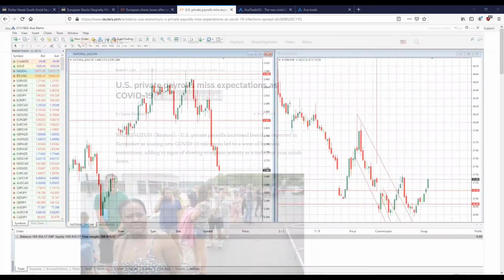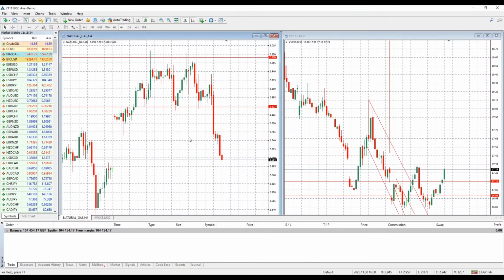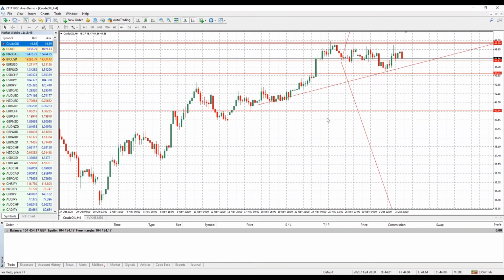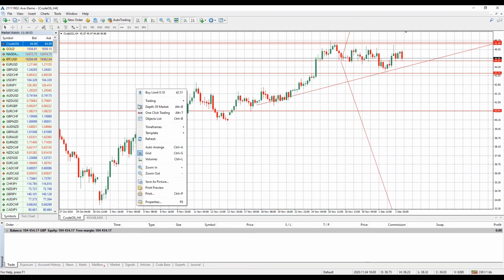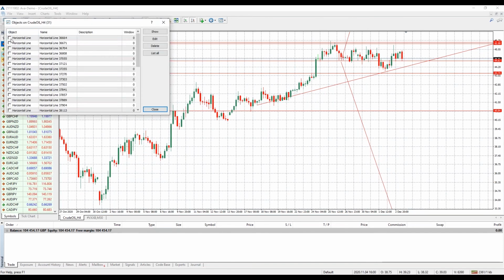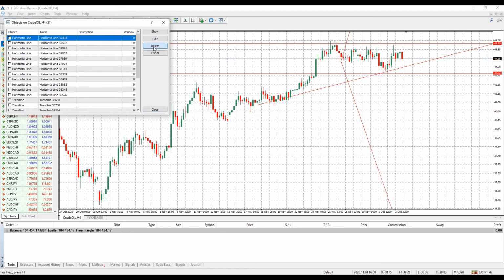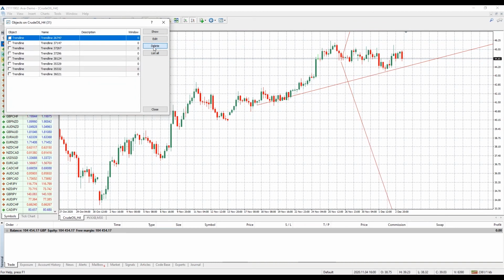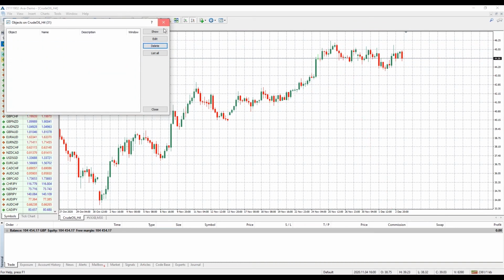So let's get on the charts then. If that's the fundamental news, let's see the technicals and see if we can find entry points that might make sense. Okay, so maybe we look a little closer at crude oil right now. Let's expand crude oil. Maybe I get rid of all these extra lines on my chart. Go to the objects list. This is the easy way to get rid of all of them. Just delete, delete, delete till all the lines are off your charts. There we are. Let's start fresh.